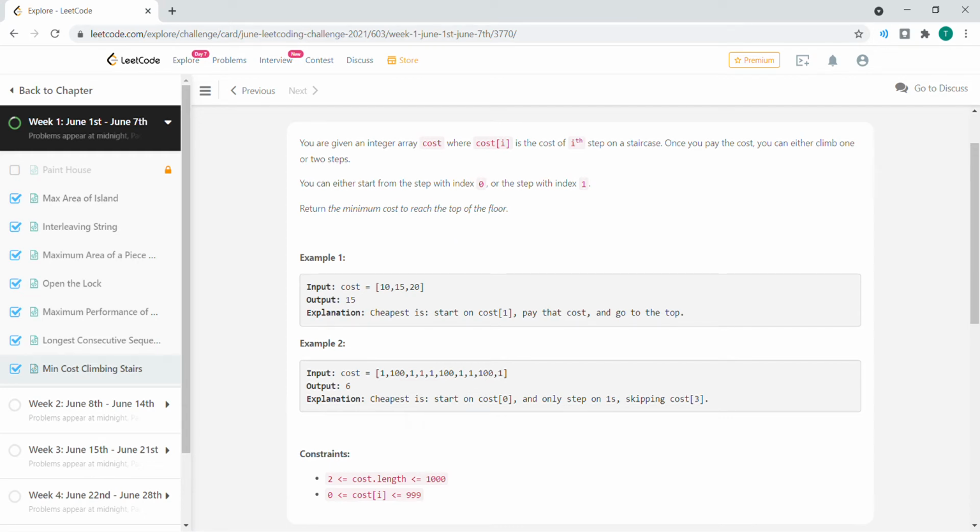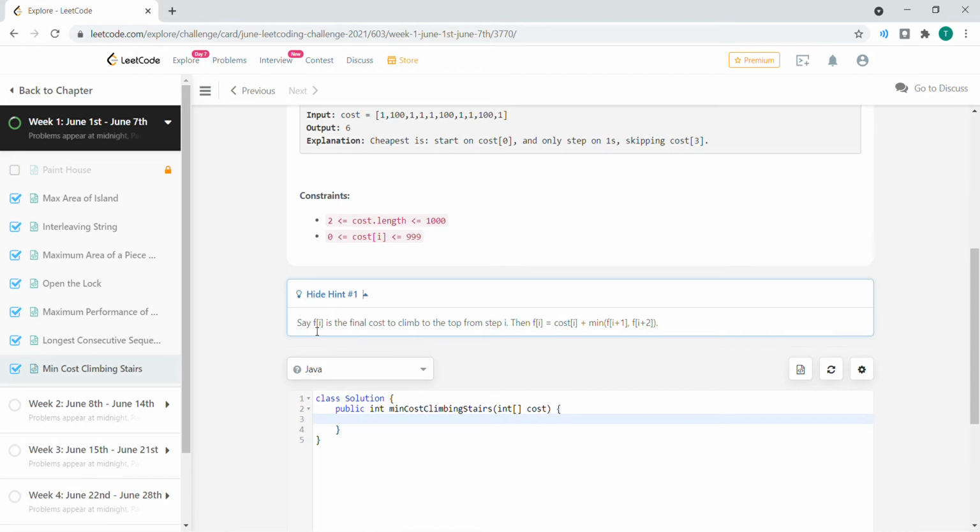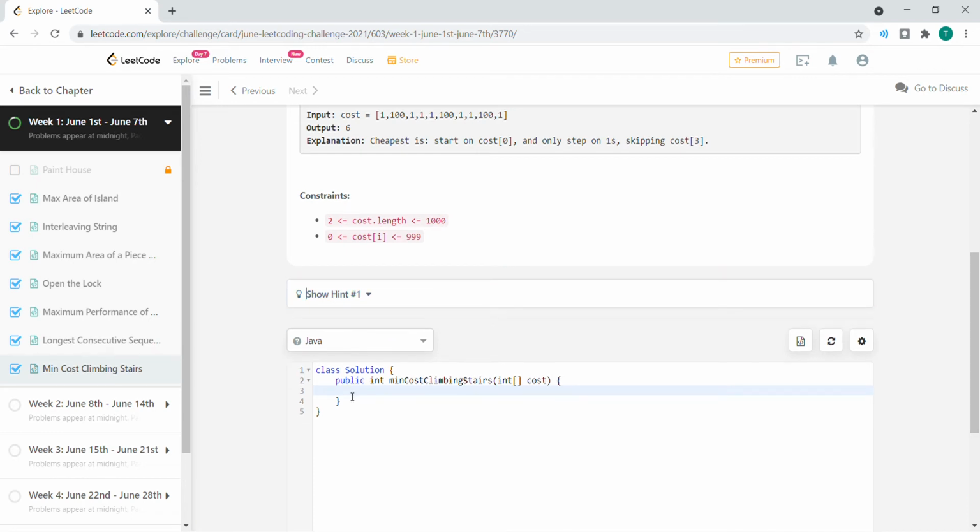So let's do our basic intuition. The first thing that pops into your mind is that we've got to keep track of the steps we've taken before. So there's a hint here. It says find f(i), the final cost to climb to the top from step i, then do this. So this is basically the answer, actually, for one of the problems. We'll start off with the bare bones here. So we want to find